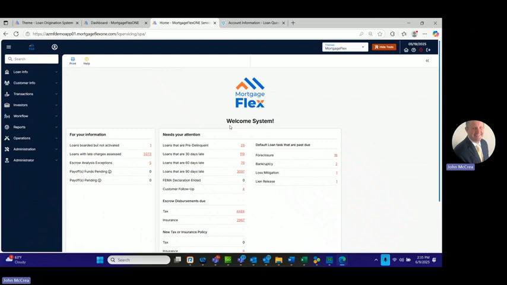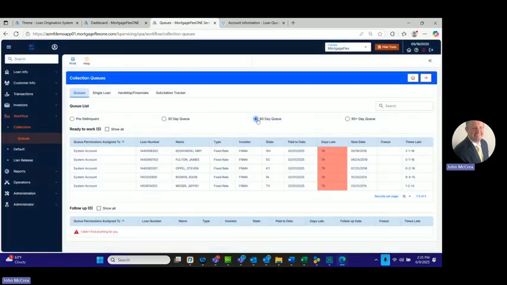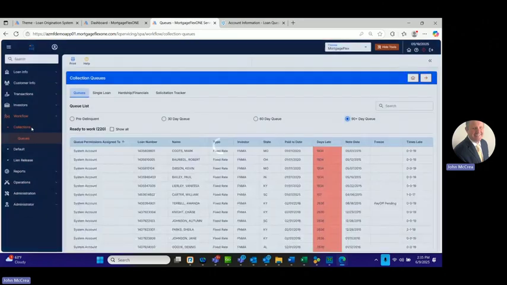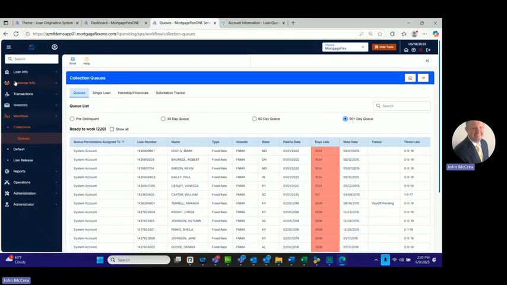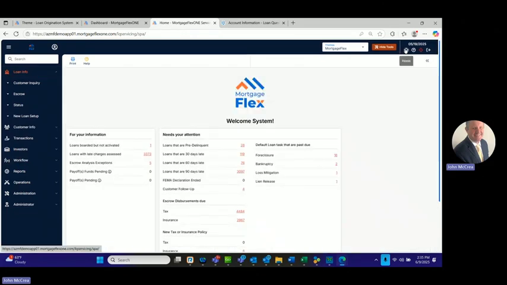So what we have done is that this is a holistic look into the system, but you can break these queues out so that if I am responsible for working pre-delinquency, it's going to bring me into those loans, let me look at the queues that are assigned to me, and then I'm able to work that. So it's very driven around making sure that we are including all of the needs for non-performing loans built into the system. So that is not something that's an outside bolt-on system, completely built in,